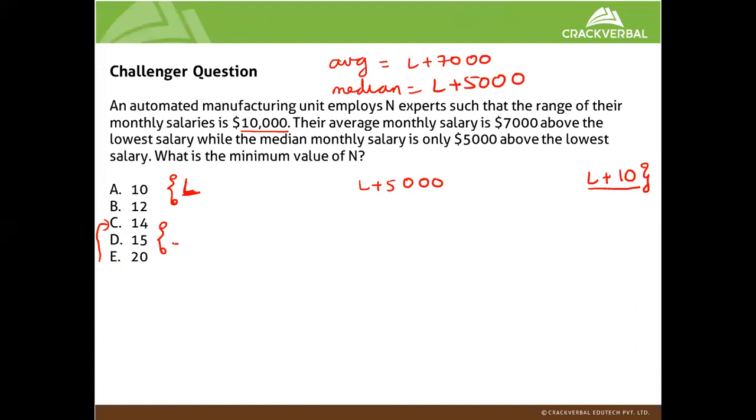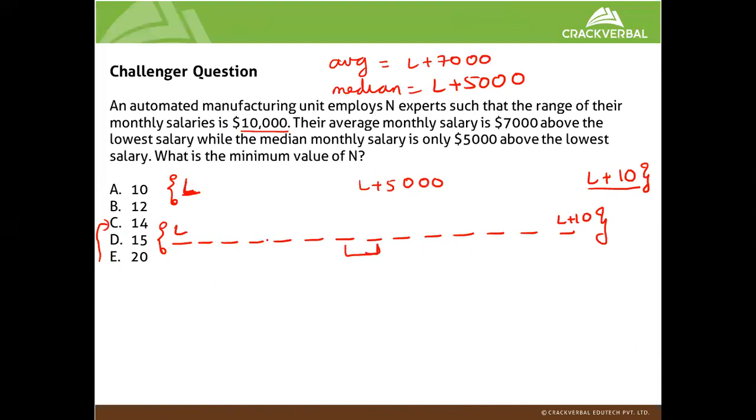This is going to be 1, 2, 3, 4, 5, 6, 7, 8, 9, 10, 11, 12, 13, 14. We have the first to be L, and the last to be L plus 10. If I have 14 elements, the middle two elements are going to be the seventh and the eighth element, right? If you have 14 elements, I'm going to have the seventh and the eighth element to be my middle two,